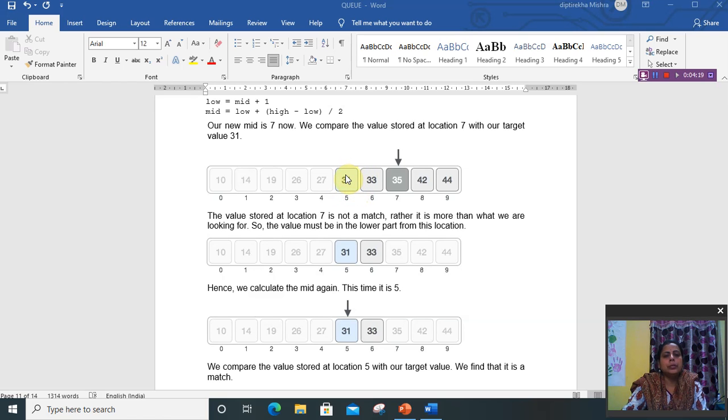If the key element is greater, then it will go to the right side sub array and check there, and if the key element is less, then it will go to the left side sub array. So in this way it will check the array.